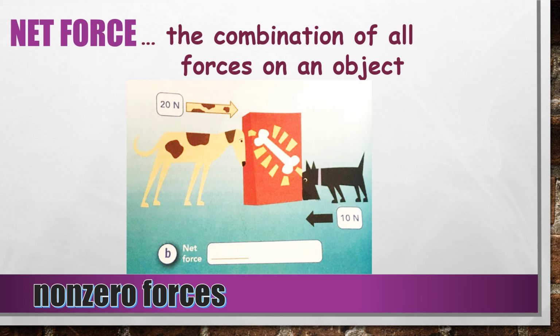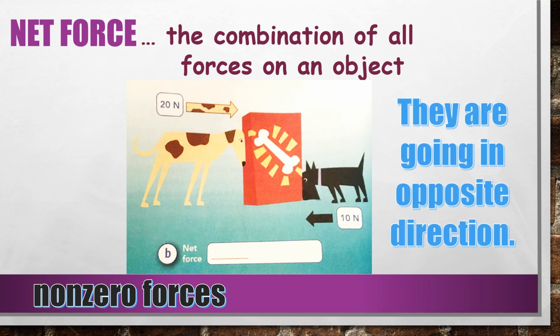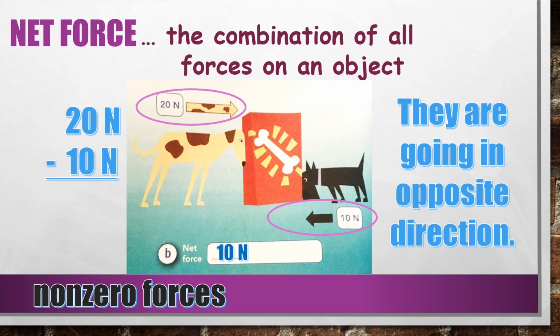It's actually going to topple over and dump out all over the little dog. But when they're going in opposite directions, the amount of force that causes it to topple over, I'm not going to be able to combine those in addition. I have to subtract them. The dog is pushing to the right, the black dog's pushing to the left. I have to subtract their forces. 20 minus 10 gives me a nice even 10 newtons.